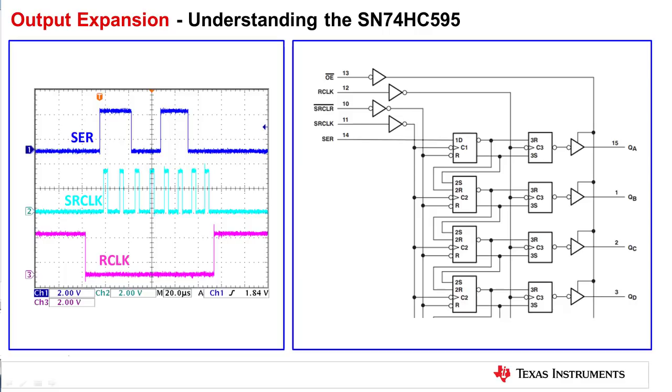The R clock is specific to HC595, but some devices like HC164 and HC165 don't have an R clock. The other control inputs, namely the output enable and the SR clear, may or may not be used in the application. The HC595 device also has a QH prime output, which can be connected to the serial input of the next shift register to achieve multiples of 8 outputs. This is called daisy chaining the outputs.